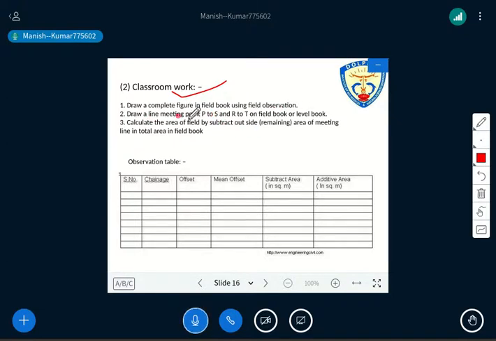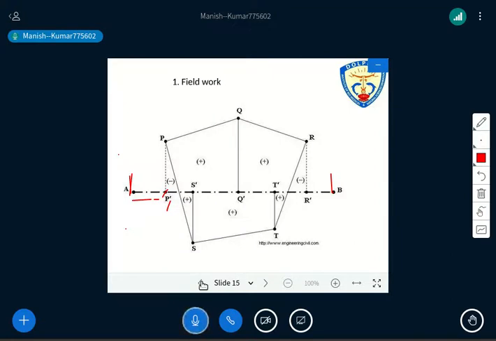Then we have to draw a line meeting point P to S, R to T in the field book, right? You have to meet this line, and calculate the area of the field by subtracting the outside remaining area of the meeting line from the total area in the field book. So here is one more thing you need to understand properly, whenever you are taking all this